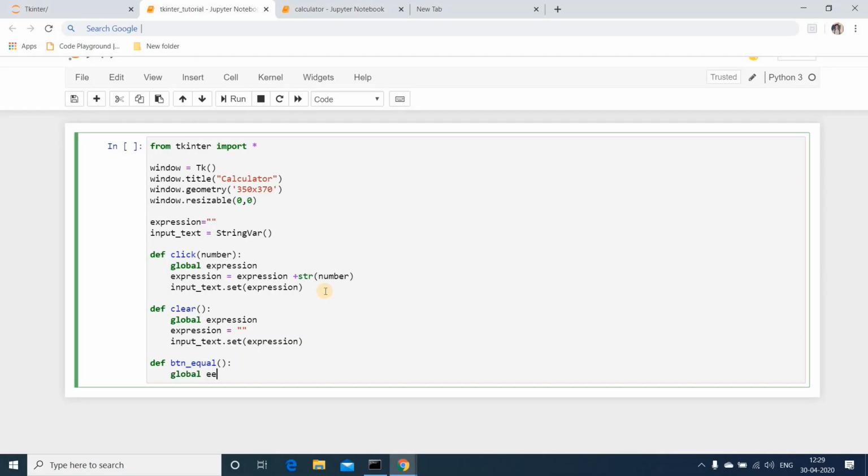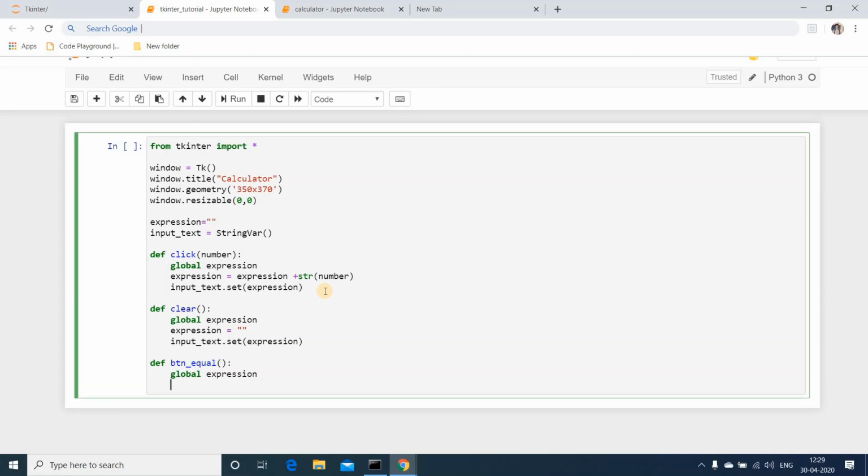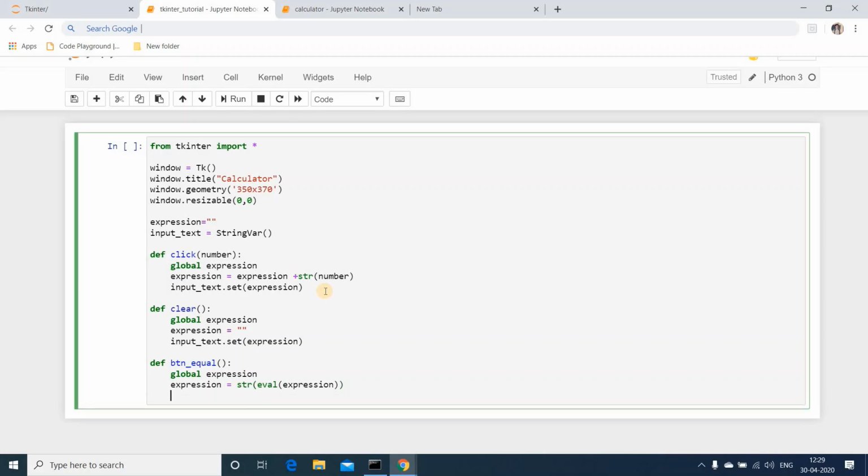First, I'll declare the expression variable, then expression equals str eval of expression. Here eval is a function that will perform all the arithmetic operations. You can use your own functions. I'll be using the eval function for the arithmetic computations. Then append input text with the expression.